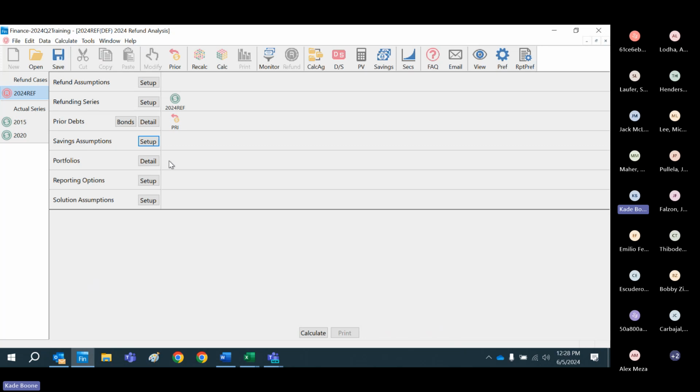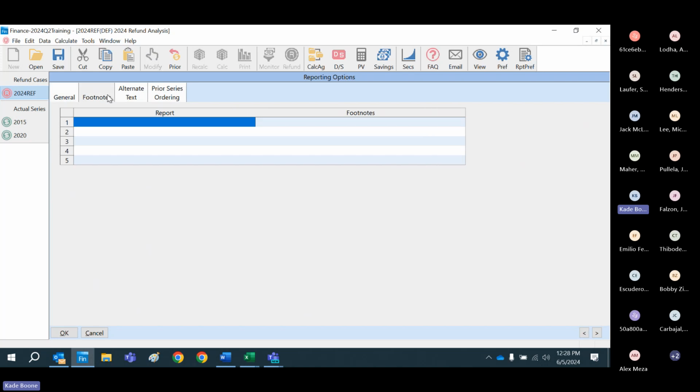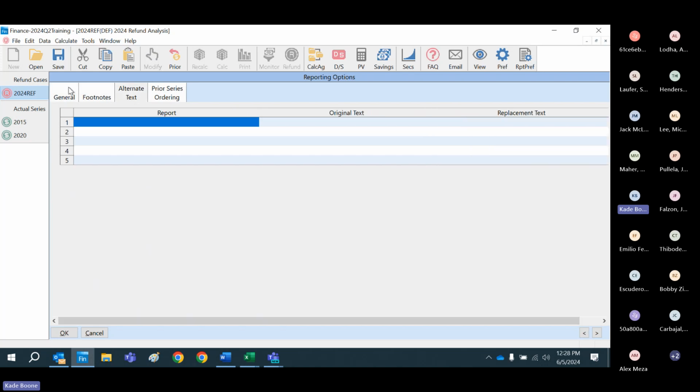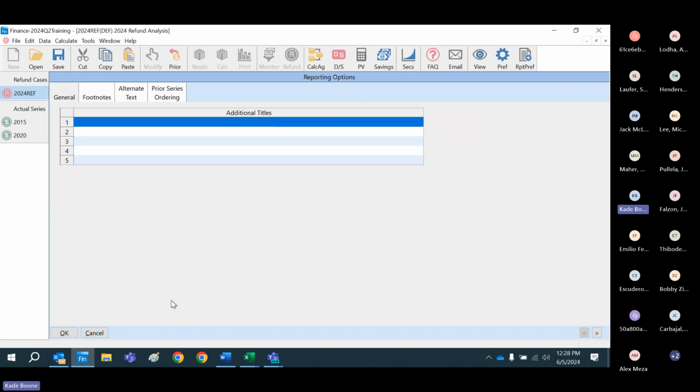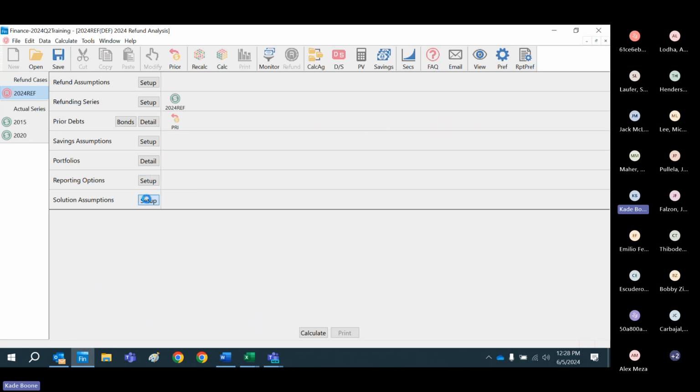Portfolios, a lot of times this is if you want to hard code in a portfolio, you can do it through here. Reporting options, kind of the same thing. Footnotes, alternate text, additional titles. Finally, at the end,